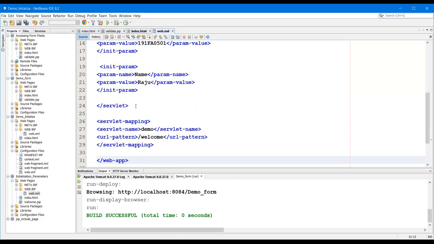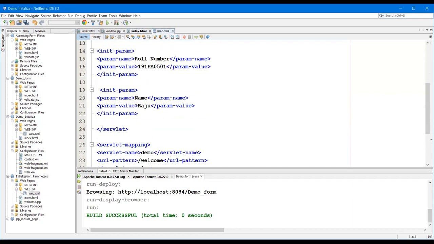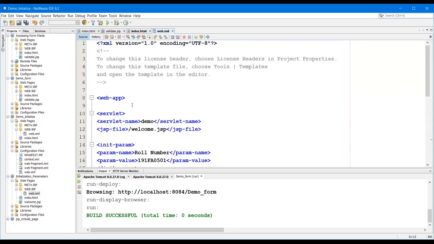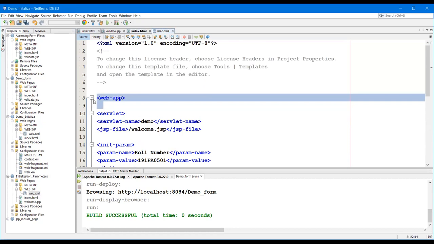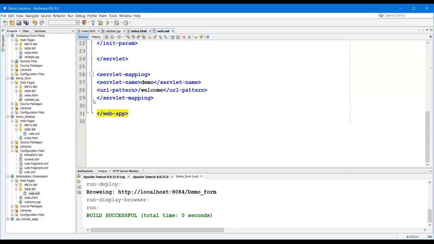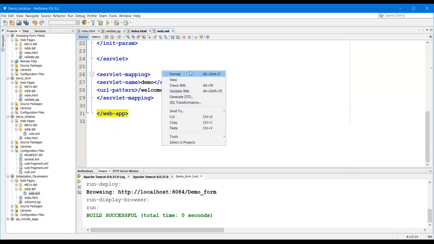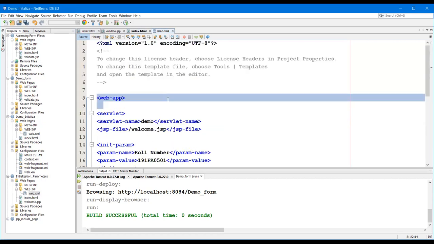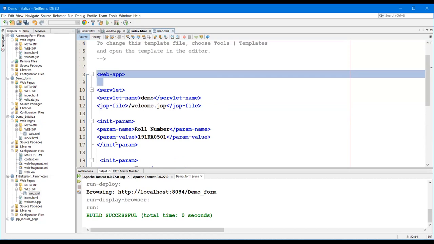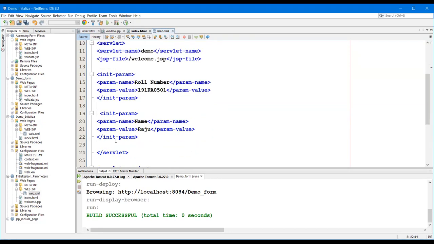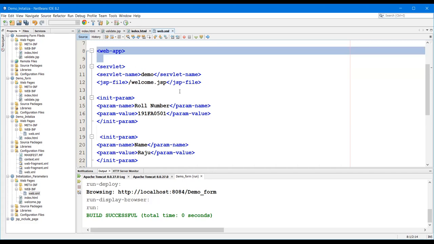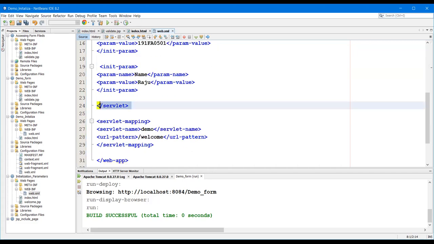So first what we need to do, if you observe, we have to create the web-app opening and closing tags. Then we need to define one servlet.